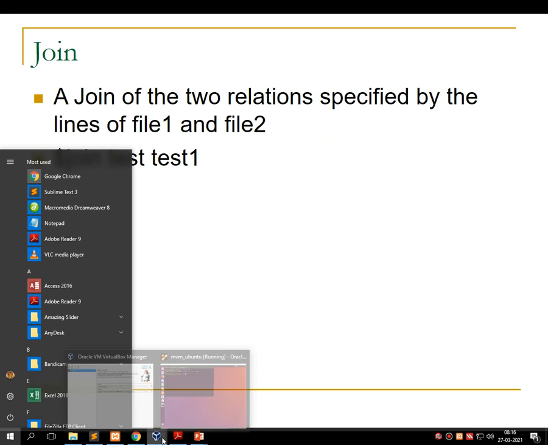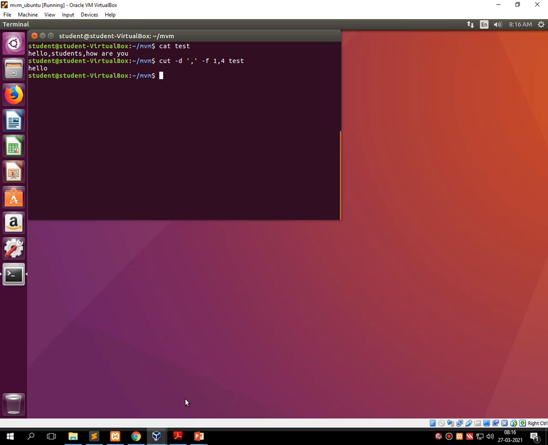Let's perform join directly. For that, here I am using a file called 1 which contains student, and a file called 2, then I am writing join 1 and 2. It prints the combination of file 1 and 2 onto the screen, that is called student. For testing purpose, what I am doing is